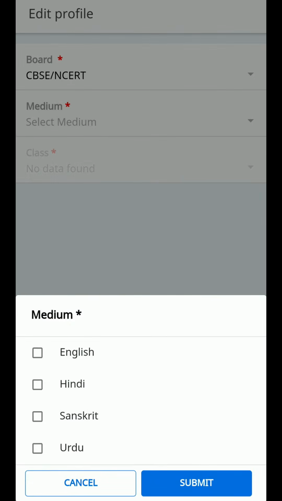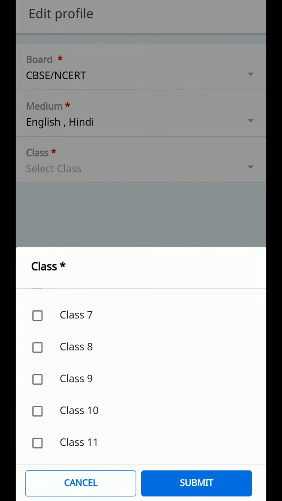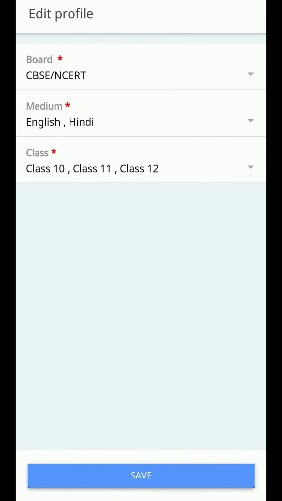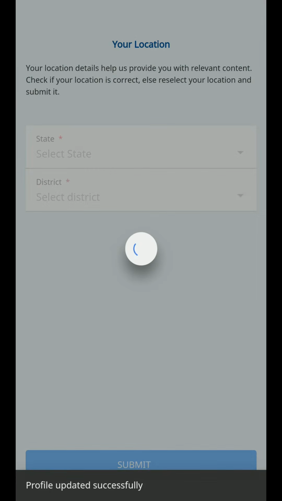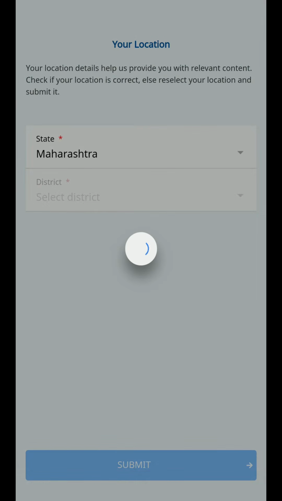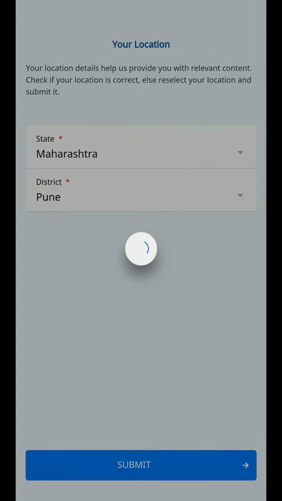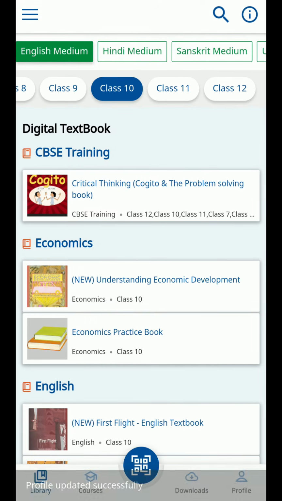Select the medium, English and Hindi. Select classes 10, 11 and 12. Click the save button. Select your state and select your district. Click submit button and dashboard will appear.